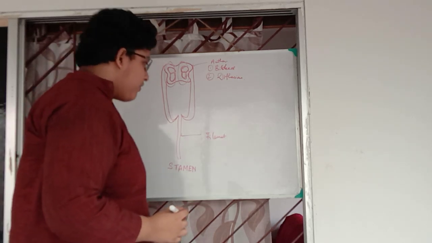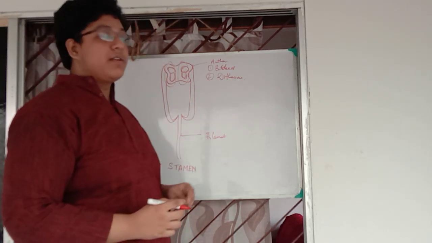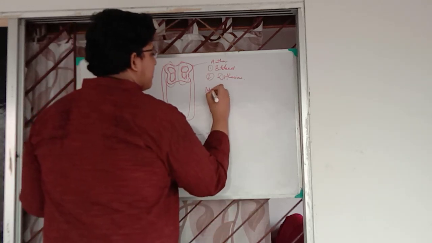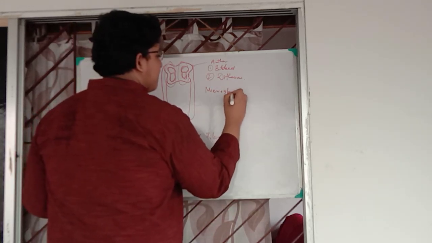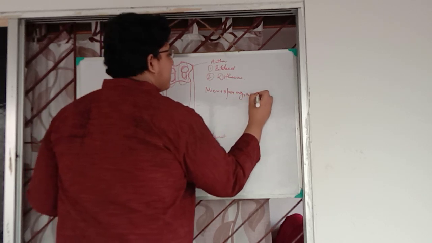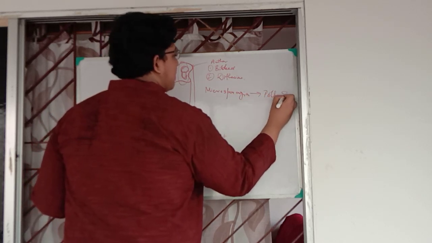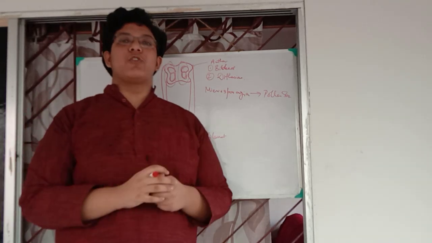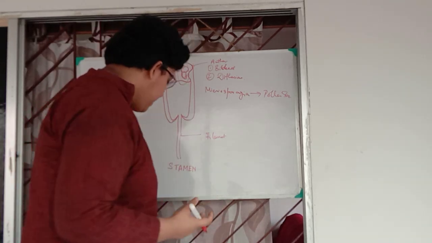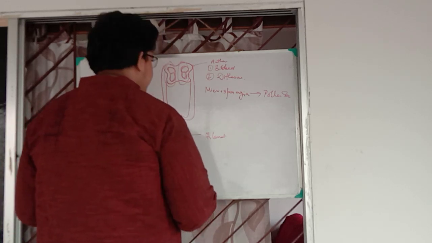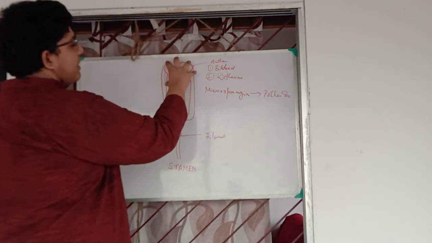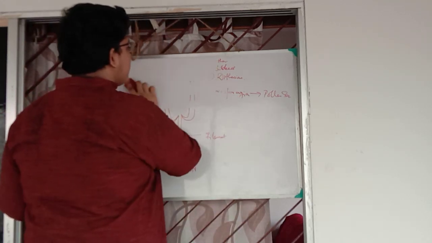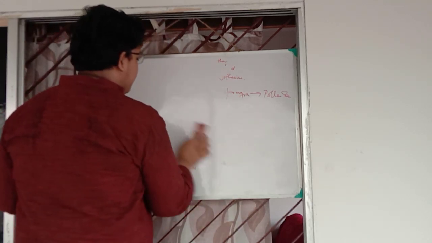Now, these are called the microsporangia. Microsporangia later form the pollen sac. The pollen sac is the microsporangia which differentiate to form the pollen sac. Now, if we see this structure, the anther, in a broader sectional view, we can see